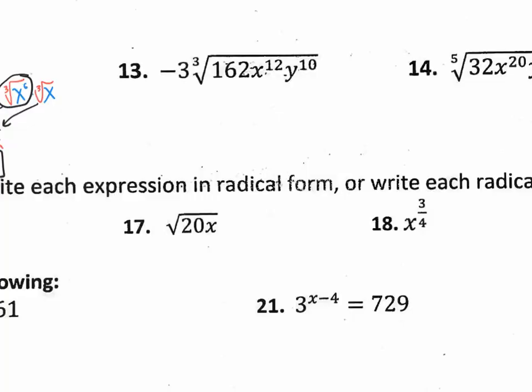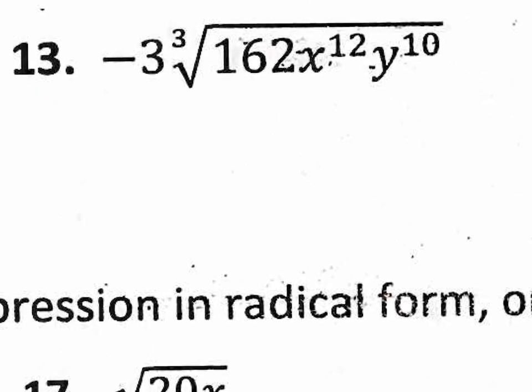On number 13, you have a negative 3 out in the front. Just remember that you're going to have to multiply your answer by negative 3. And you might as well start splitting up the cube root to each one of these guys. So we end up with,